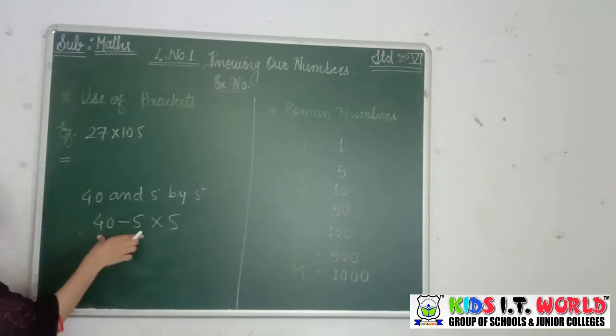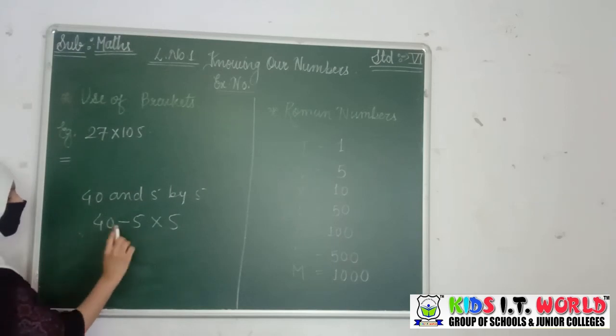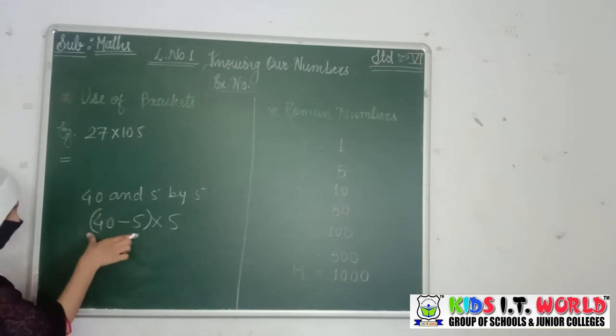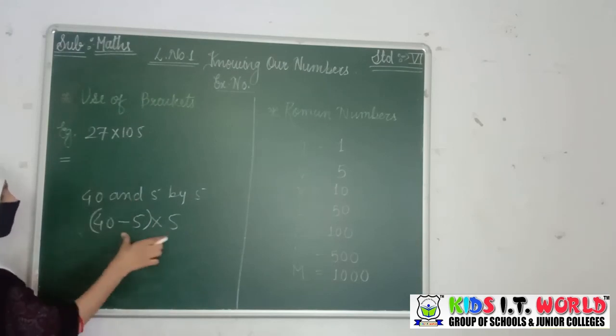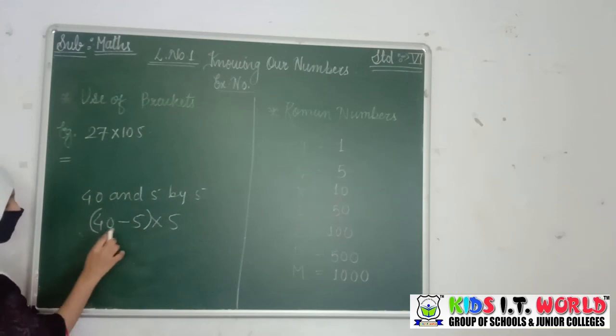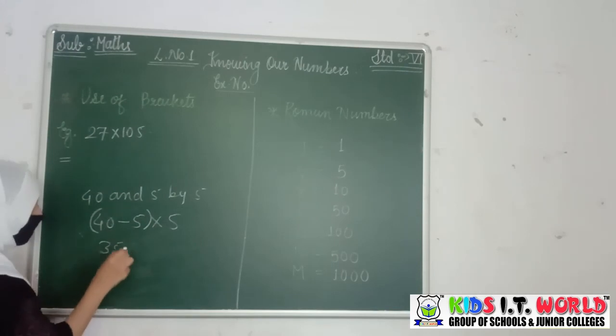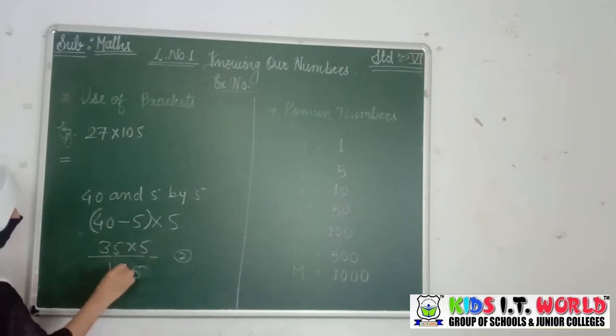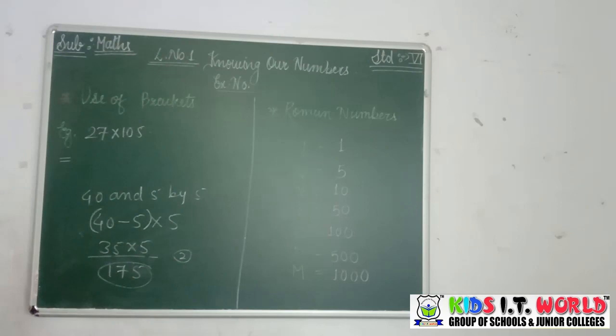So first of all, which two operations are we doing here? It is subtraction and multiplication. So give the bracket for the subtraction first. Now in this way you have to use the bracket. Now solve the first bracket, that is 40 minus 5. So you will get 35 into 5. Here you got the two values. Now you can do the multiplication of 35 and 5. So you will get 5 fives are 25, 2 will be carried. Then 5 threes are 15, 15 plus 2, 17. In this way you will get the answer. So in this way you have to use the brackets and then do the operation which you have to do.